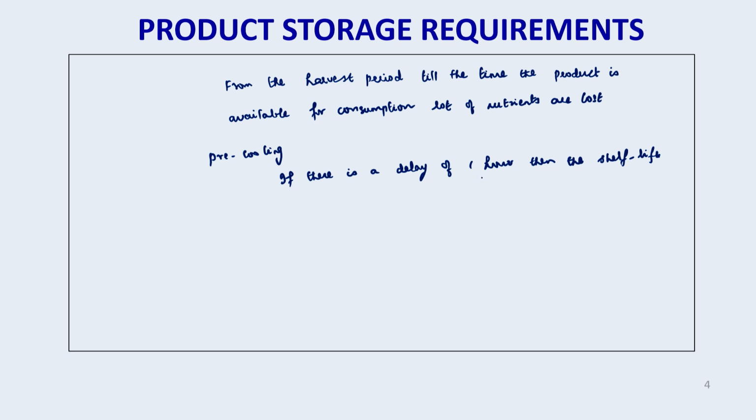If there is a delay of 1 hour, then the shelf life of these products, these horticulture commodities, gets reduced by 20 to 24 hours,